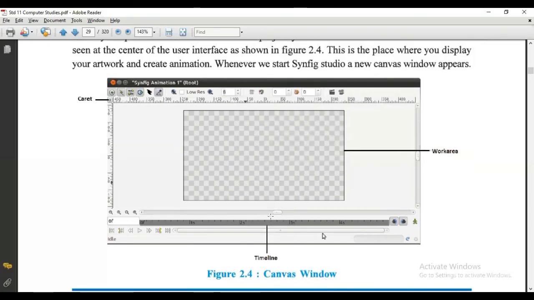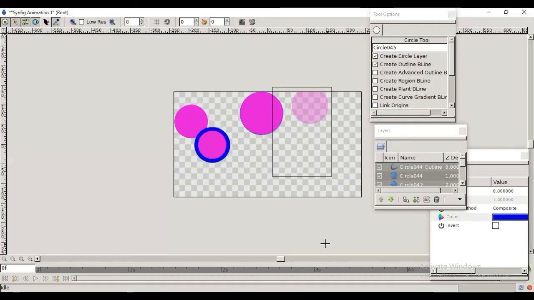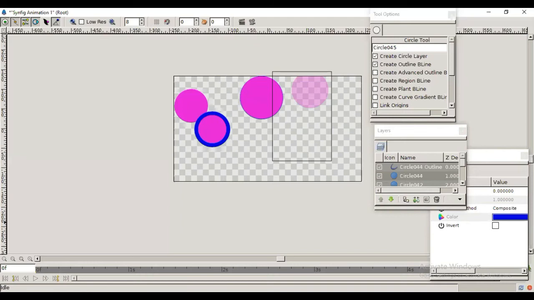This is timeline. At the bottom of this canvas, there is timeline. You can see it. This is 0f, 1s, that is 1 second, 2 seconds, 3 seconds, likewise. So 0f is the initial position from where your animation starts. 0f means 0 frame.